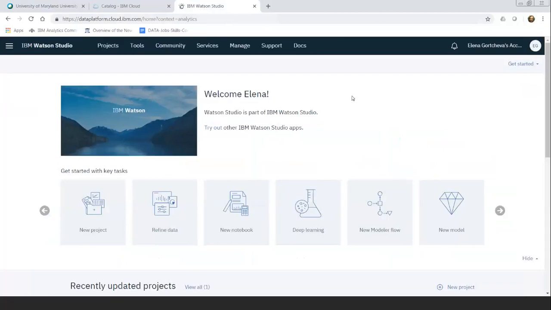This is the sub-cloud of the big IBM cloud, which is specifically designed for data scientists to collaborate, to have the tools, the computer services, the data, the support, everything like one-stop shop. This is what is the IBM Watson Studio.